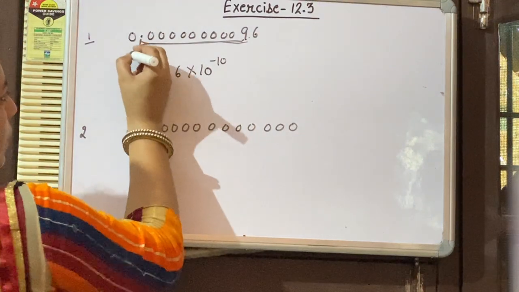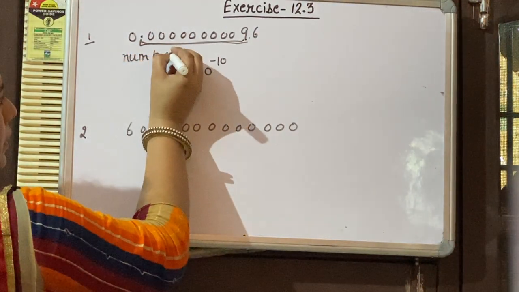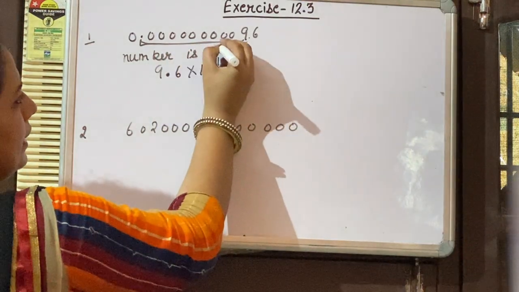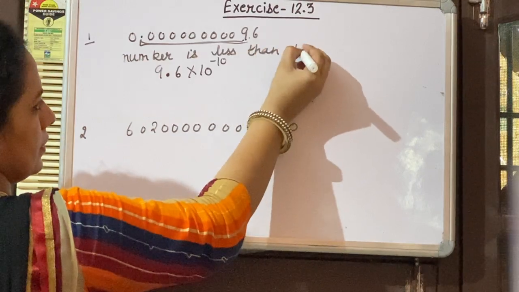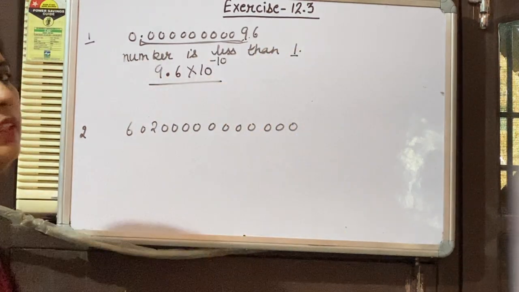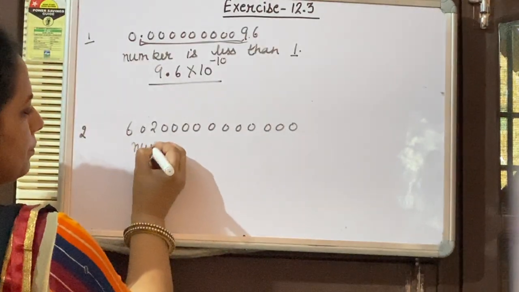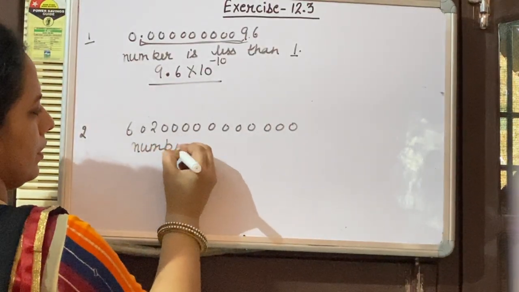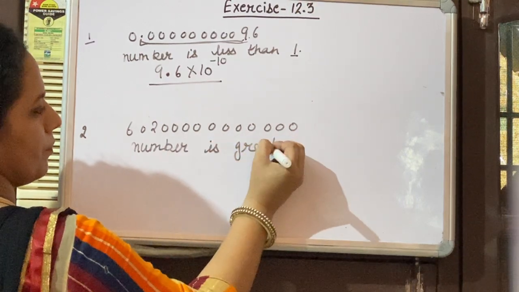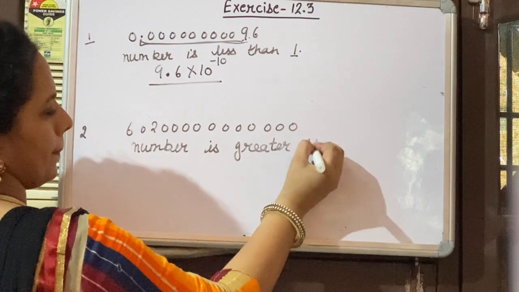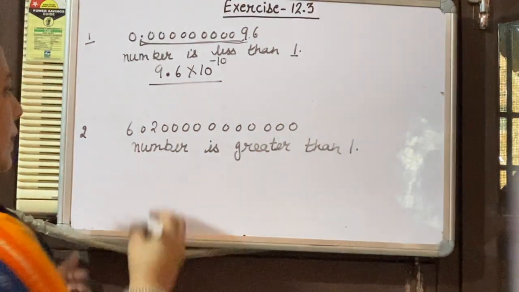Here we have to write that the number is less than 1. That is why this is the second type of this form. Here the number is greater than 1. So its standard form will be